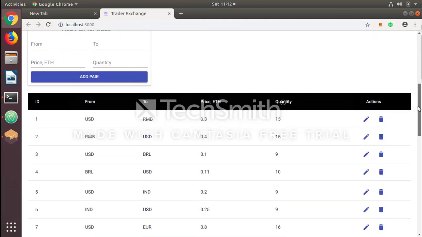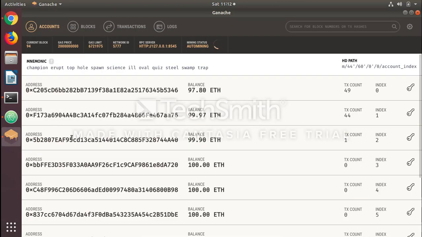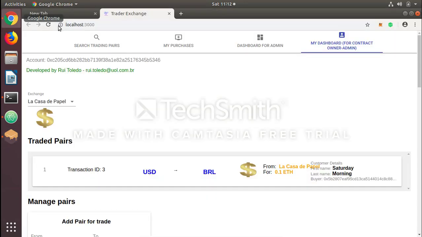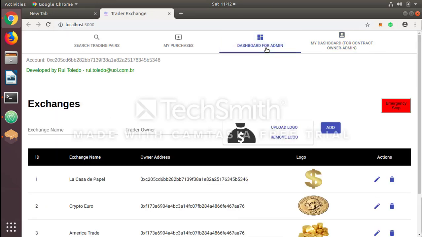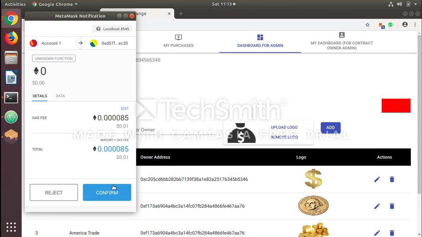All the data was not uploaded, but it was deployed to the main network. Here we can see all the payments, all the accounts that we worked with, and we also have a new functionality. If you are the contract owner and you need to stop this contract for some error, we can make an emergency stop. If we make an emergency stop and confirm this data,